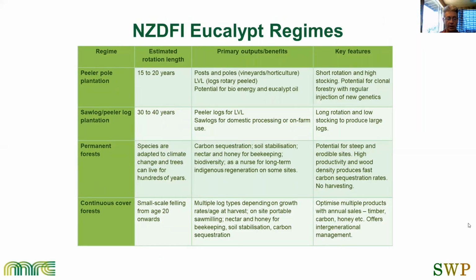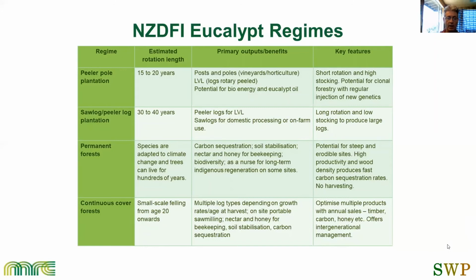Briefly on eucalypt regimes, we've seen an opportunity for a novel regime growing 15 to 20 year post or peeler pole plantations that will supply posts and poles for vineyards and horticulture, and/or logs that can be rotary peeled for LVL, and we're looking at the potential to harvest upper crown and foliage for bioenergy and eucalypt oil. Traditionally, eucalypts are grown for large saw logs under 30 to 40 year rotations,